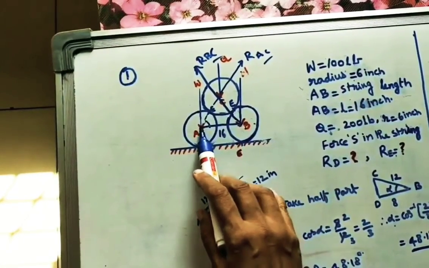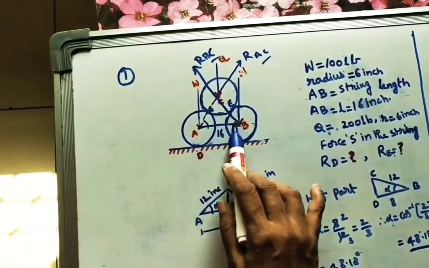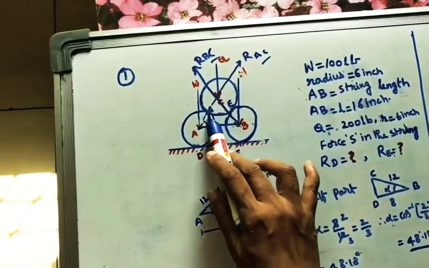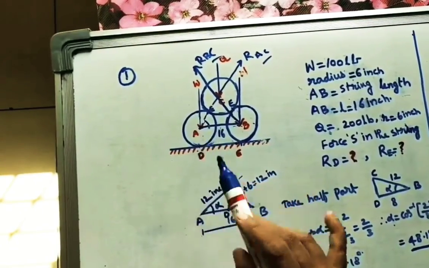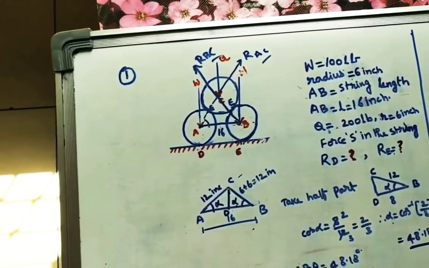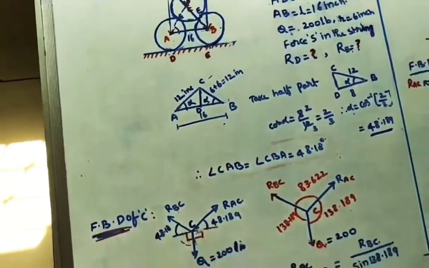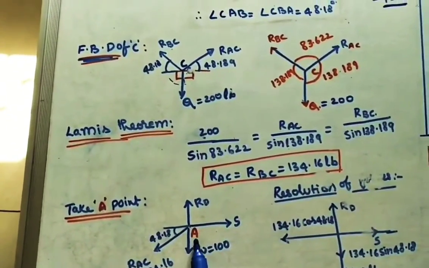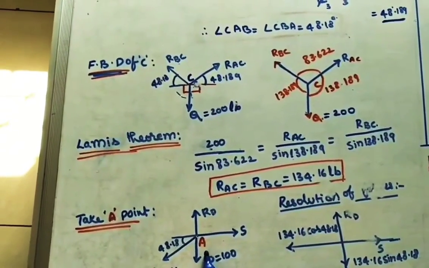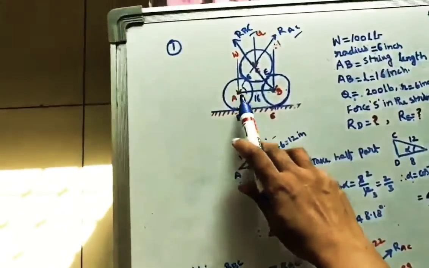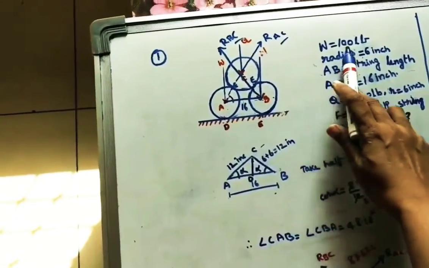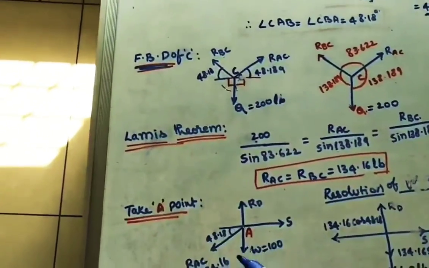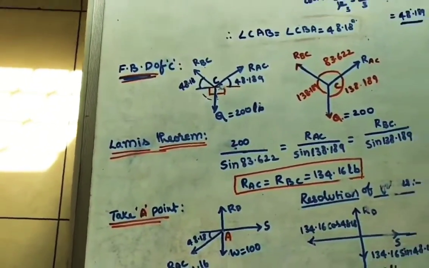Now here we need to find the tension in the string S and then the RD value. So take this free body diagram of this center cylinder, or rod. A is the center. What are the forces acting at point A? Weight of this, how much? W is 100 lb. It is acting downward. Now I have marked a downward force.